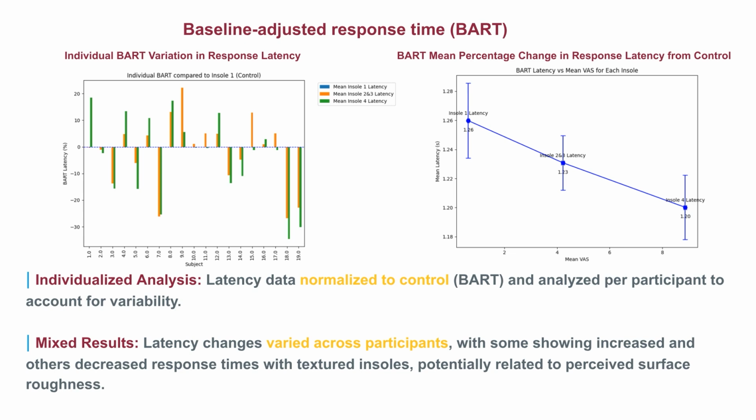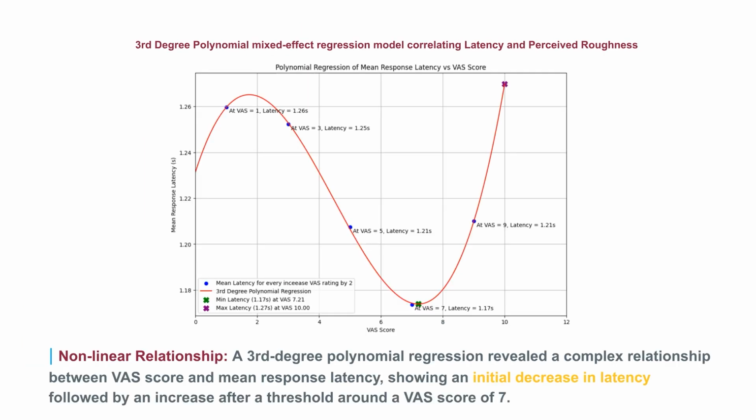This variability may be partly attributed to the variability within the control data itself, which served as the baseline for comparison. Interestingly, a relationship emerged between perceived surface roughness, VAS score, and response time, with latencies generally decreasing as VAS scores increased. This suggests that insoles with greater perceived roughness may lead to faster response times. This analysis explored the relationship between perceived roughness, VAS score, and mean